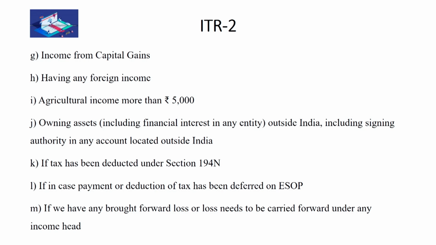ITR 2 - this slide also refers to some types of cases where ITR 2 is selected: income from capital gain, having any foreign income, agriculture income of more than 5,000, owning an asset including financial interest in any entity outside India, including signing authority in any account located outside India, and if tax has been deducted under section